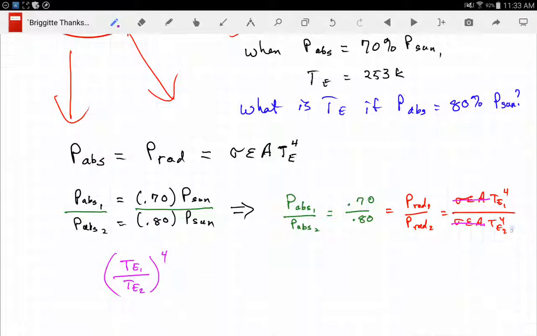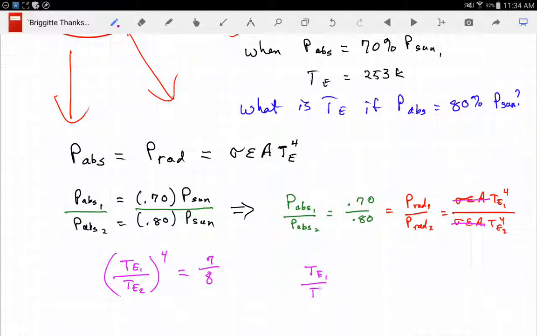Since this was to the fourth, divided by to the fourth, I can just bring the fourth out, is equal to 0.7 over 0.8. I mean, between friends, we can just put 7/8 or 0.875, but I'm going to leave it at 7/8. Well, now we're pretty much done. I want to solve this for temperature 2, Earth 2, so I'll have to take the fourth root,